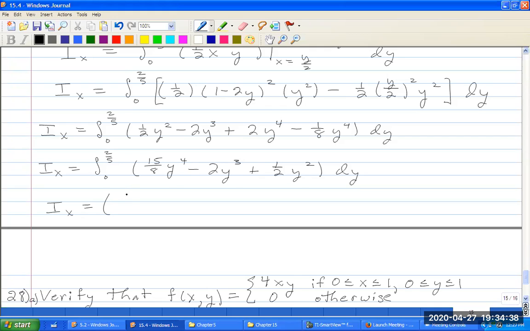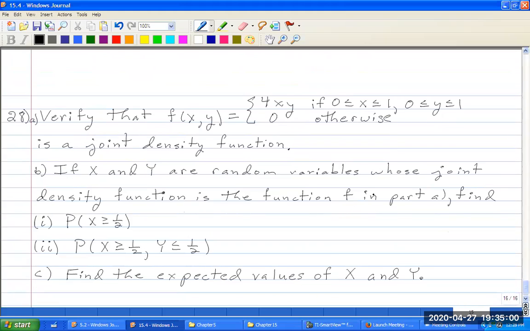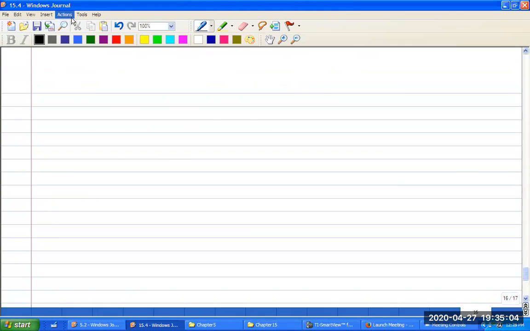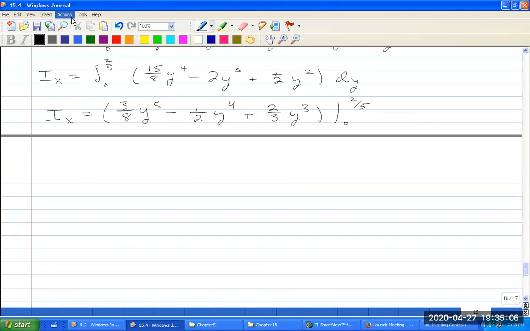And so this is 3/8 y to the 5th minus 2/4, so 1/2 y to the 4th plus 2/3 y cubed, integrated between 0 and 2/5. Okay. Let's insert another new page. And so this is equal to